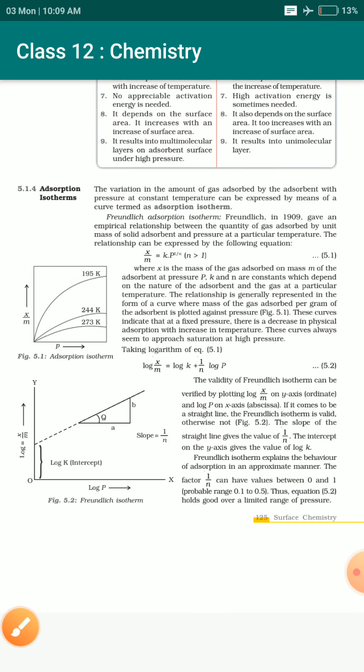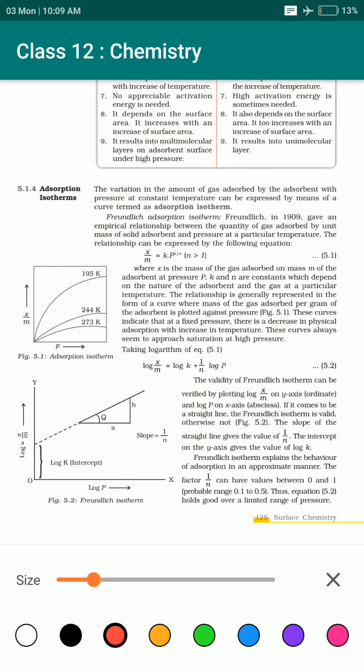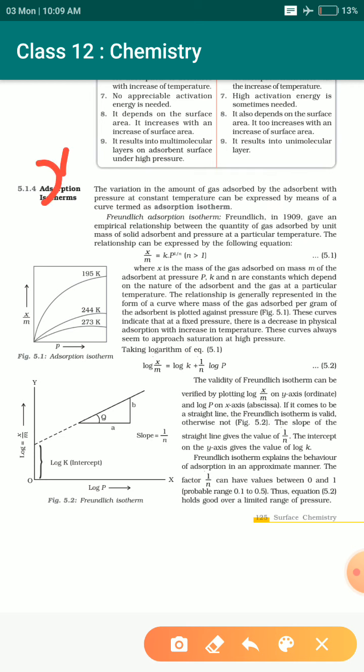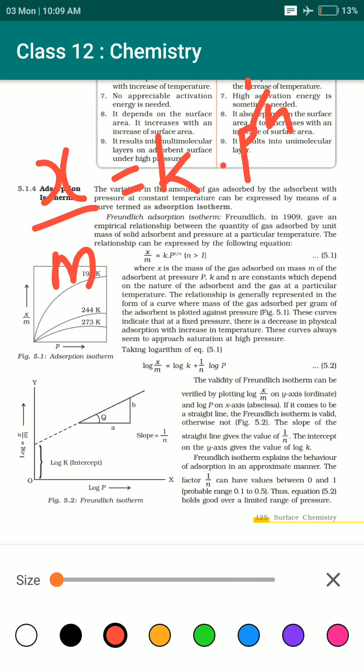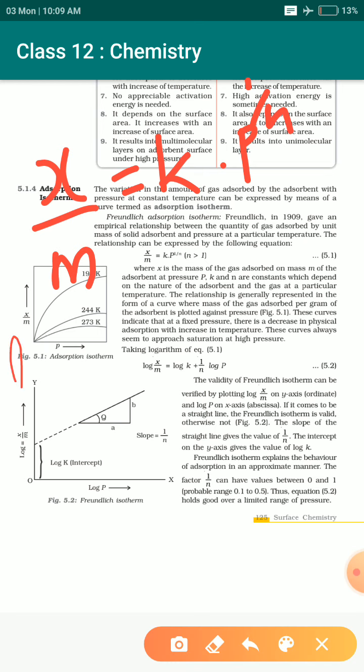Okay, the equation that we have seen here can also be written in logarithmic form. If you write it in terms of logarithm, you take the logarithm on both sides, and we have the log a into b format.